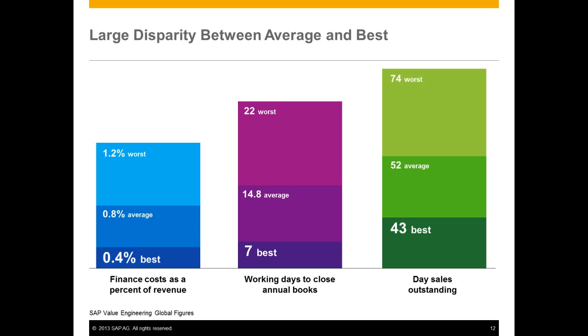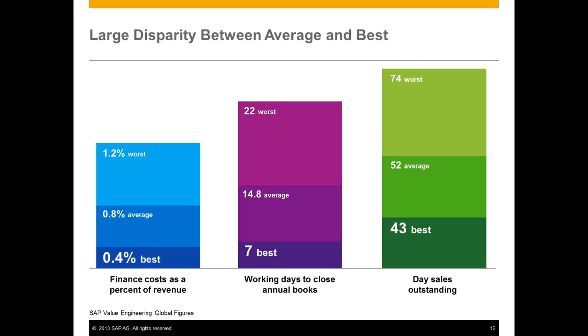Three KPIs that I found to be quite interesting are shown here on this particular graph. The first one: how much does it cost, as a percent of our revenue, to run a finance organization? You'll find that the average, 0.8%, is actually pretty small compared to the worst, which is 1.2%. When we look at how long it takes to go through the process of close to report, about 14.8 falls in the average,